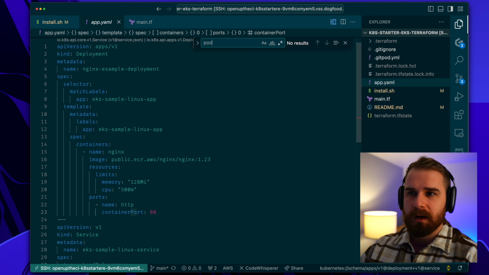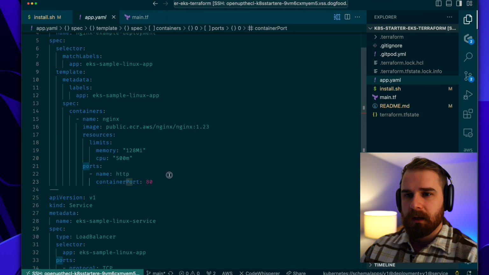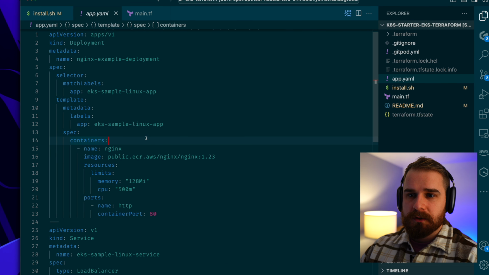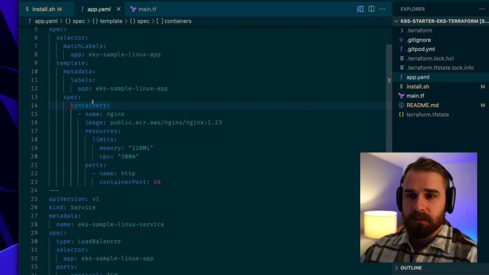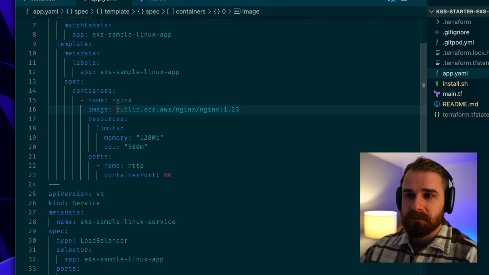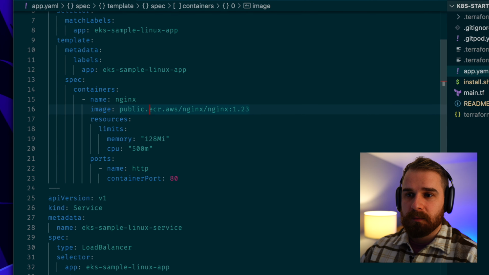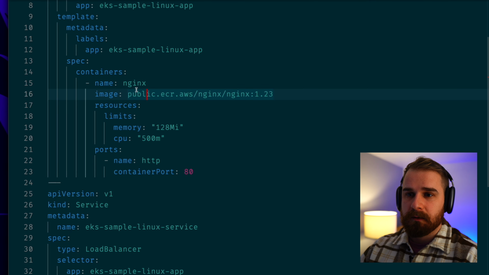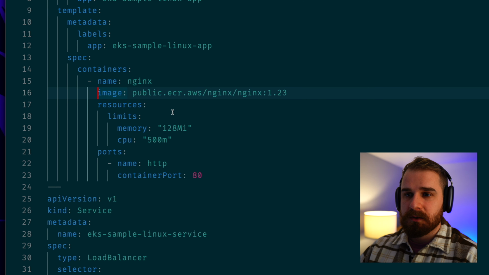If you search for pod, where is pod? Pod's not mentioned. But actually this down here, this spec definition is actually your pod. So what we're doing here is we're defining the containers that would run in our pod. In our case, what we're actually defining is the container image of Nginx on top of this public ECR registry. So what we're saying here is we want one container with name Nginx using this image,